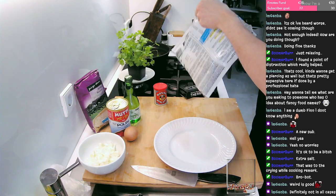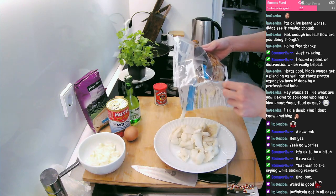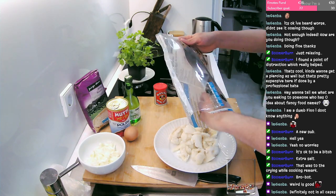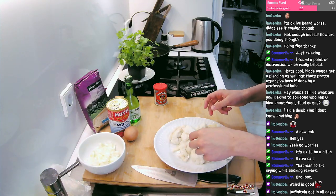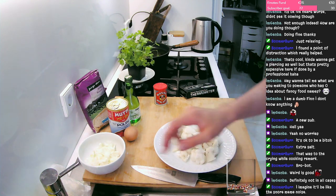Mind you, this is frozen cod. Obviously, it looks horrid. And it smells of fish. So, we are going to get out a little frying pan, and we're going to